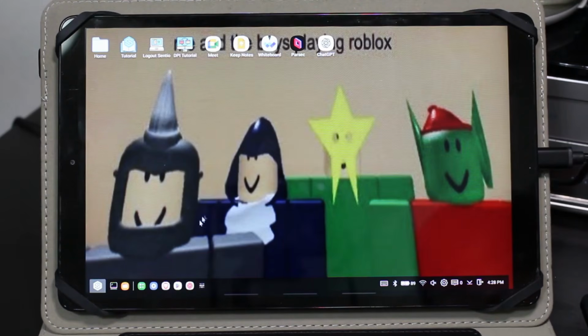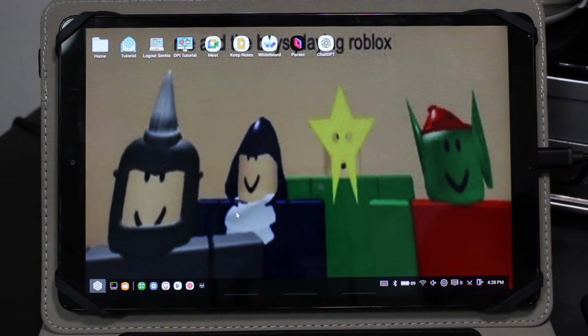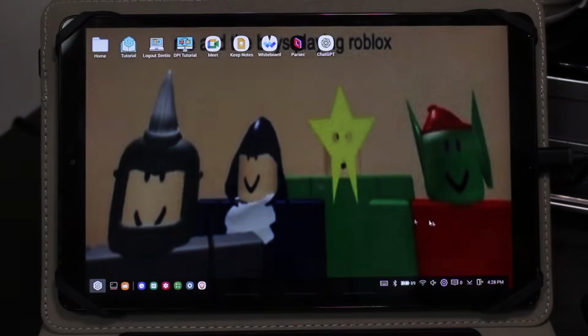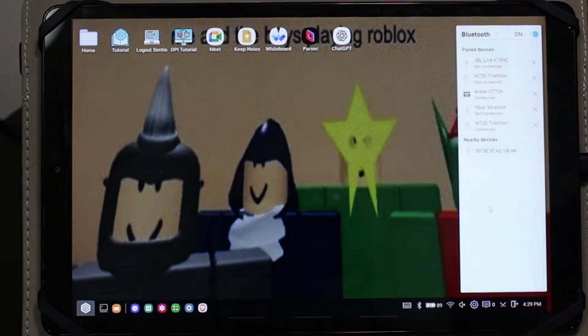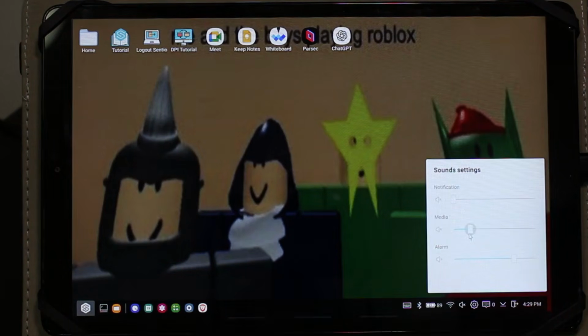A problem I have with Sentio Desktop is that the recent apps on the taskbar don't update live. So you always have to close Sentio Desktop and reopen it again. The same thing happens with the battery indicator on the taskbar. It doesn't update live. Speaking of the taskbar, you can view your Bluetooth connections, Wi-Fi, turn down your volume, access